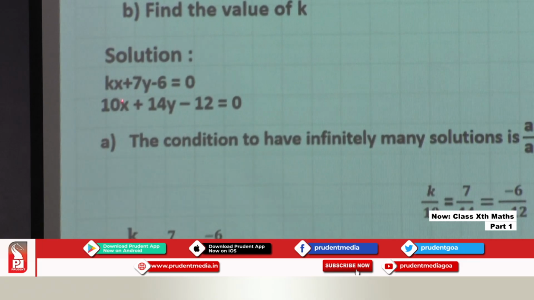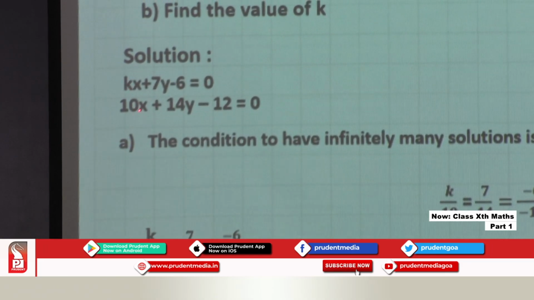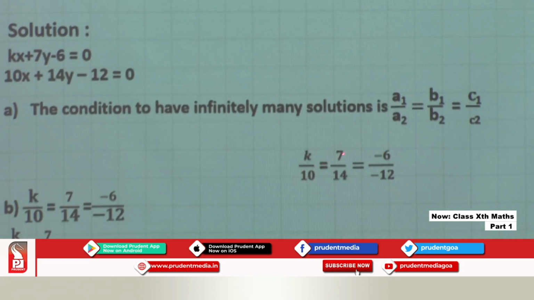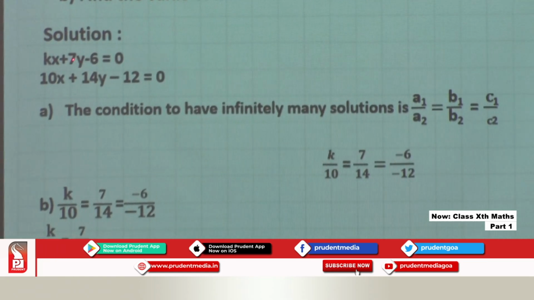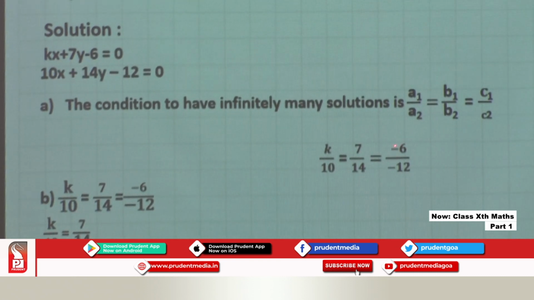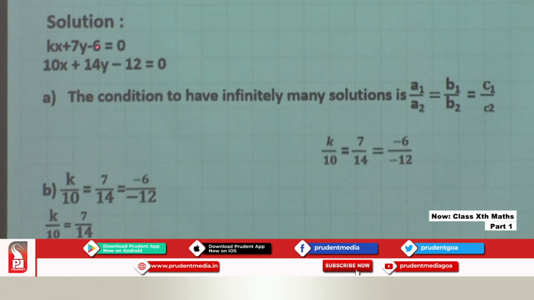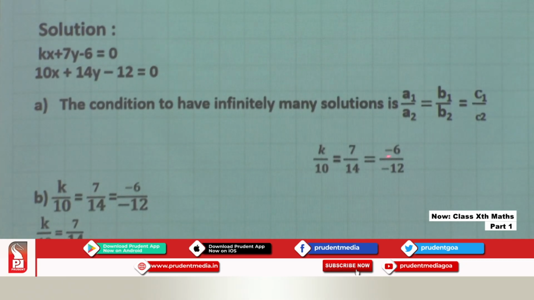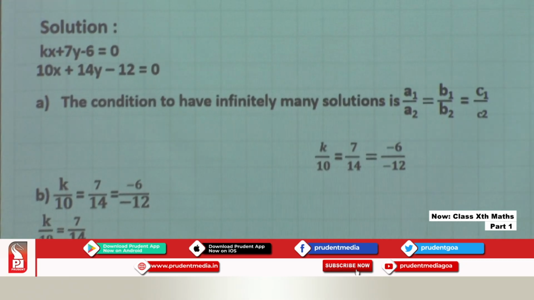So here, the coefficients of x are k and 10. So it is k upon 10 is equal to, the coefficients of y are 7 and 14, so it is 7 upon 14. And the constant terms are minus 6 and minus 12. So here it is. Now to find the value of k,